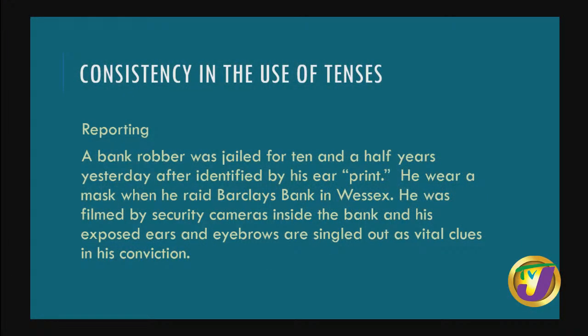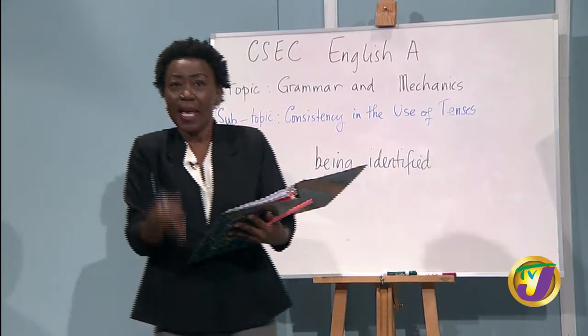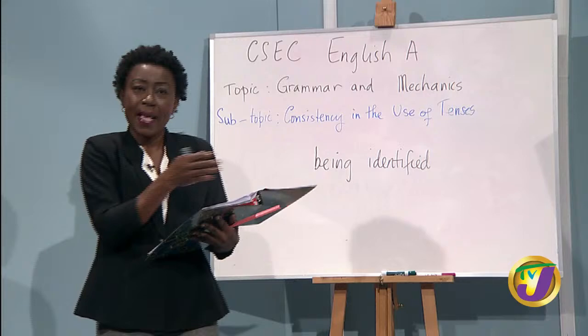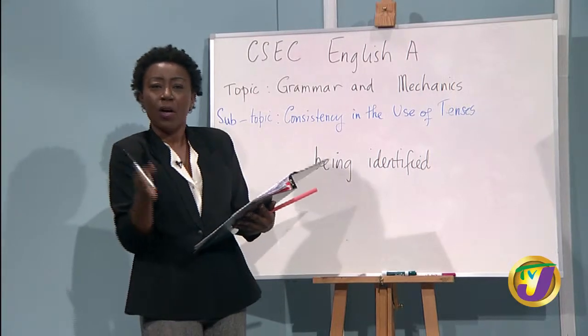So you are writing, the reporter is reporting what happened yesterday. So remember at the beginning I said day, today, yesterday, day, night. Those are contexts that we use for tenses. So he started out by saying, or she, that it happened yesterday. So clearly the writer is contrasting today against yesterday. So today is a present tense, yesterday is a past tense. So it's a day versus day context.